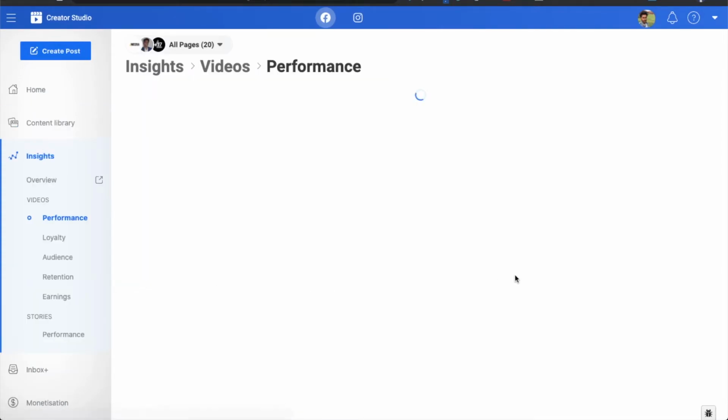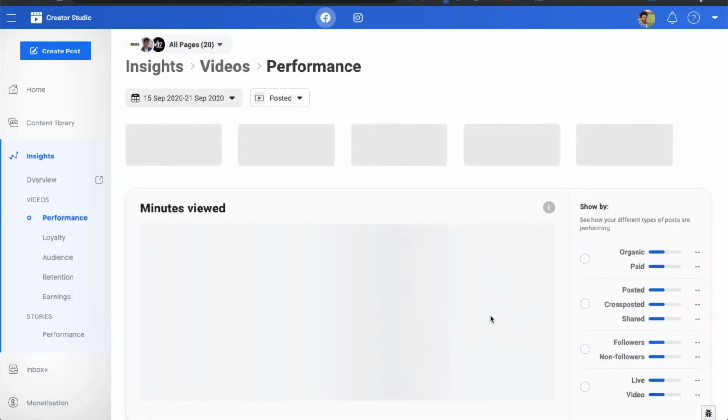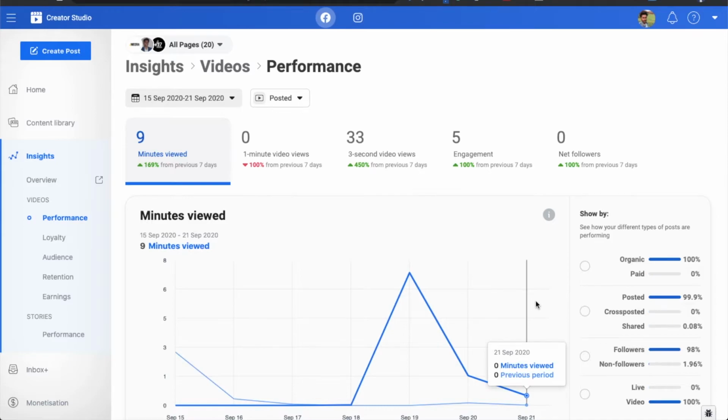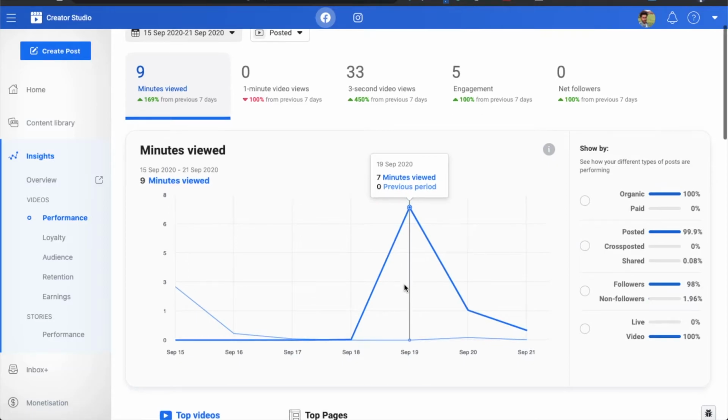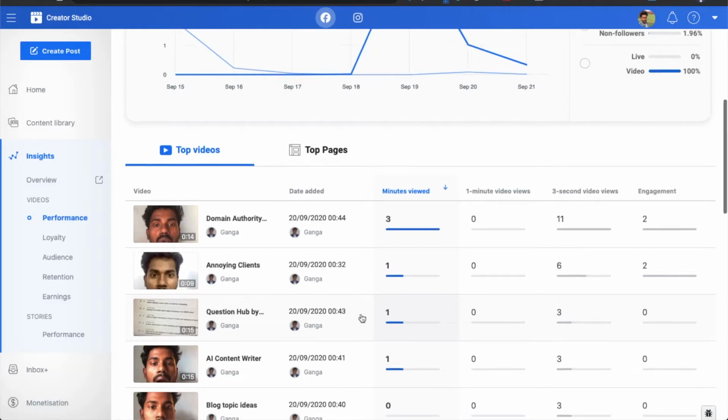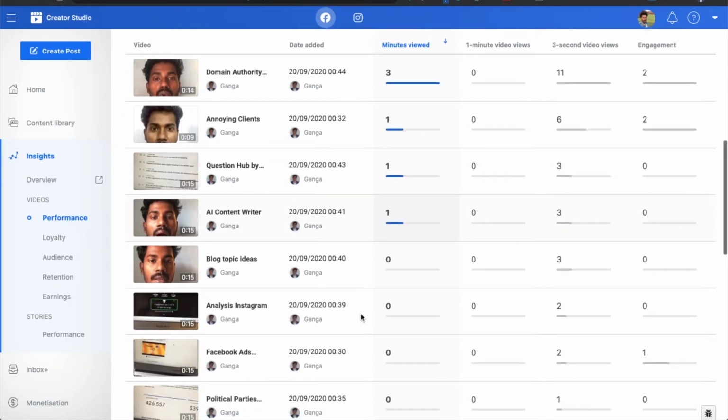Now let's come to the insight section. Insight is basically self-explanatory. You can monitor any page's growth, like how many minutes have been watched on that page, what the engagement rate is, what the follow rate is, what the top performing content on your page is.